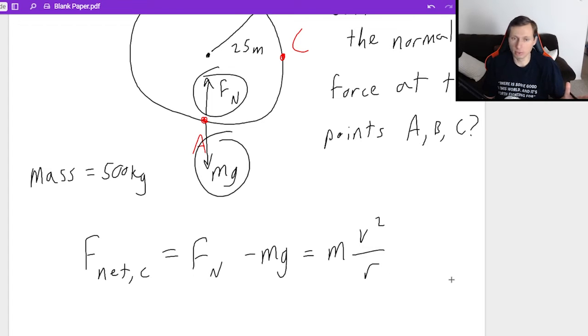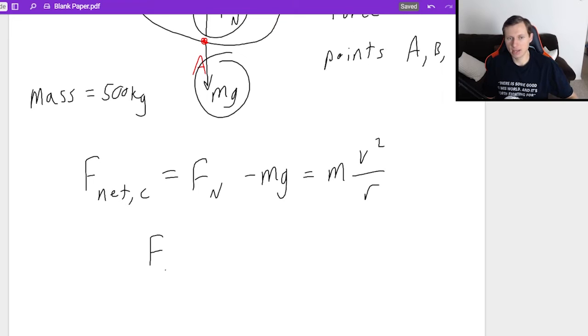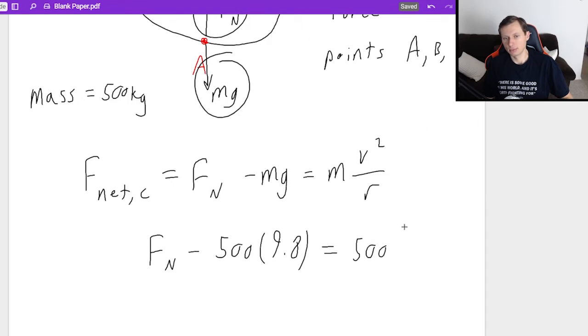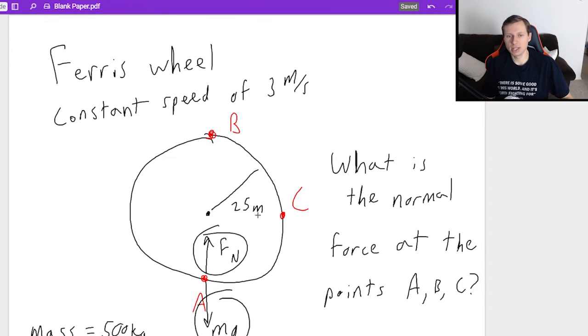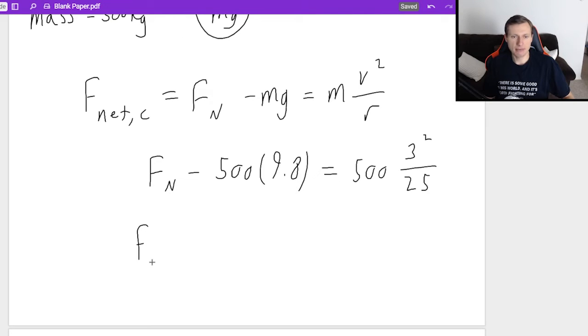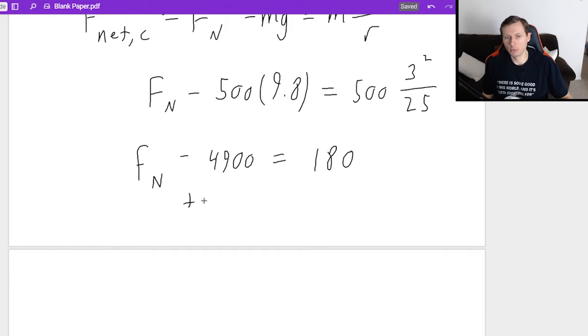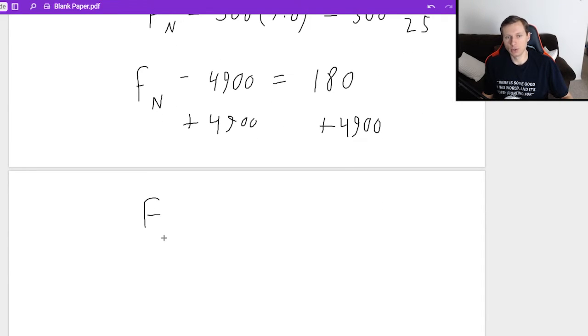I have all these variables. This is a very easy problem. Fn minus m is 500, g is 9.8, equals mass 500 again, times the velocity, which we said was a constant speed of 3. So 3 squared divided by the radius, which is 25. So then Fn minus 500 times 9.8 is 4,900. And the right side, if I plug that in my calculator, then I just get 180. So now if I want to solve for the normal force, I just add 4,900 to both sides, and I'll get a normal force of